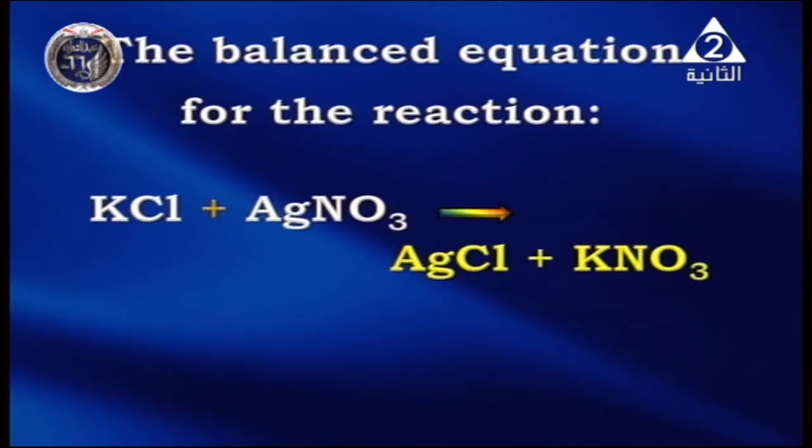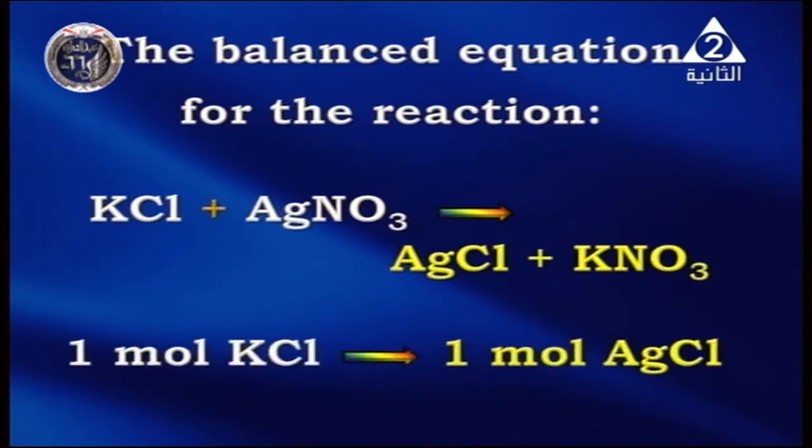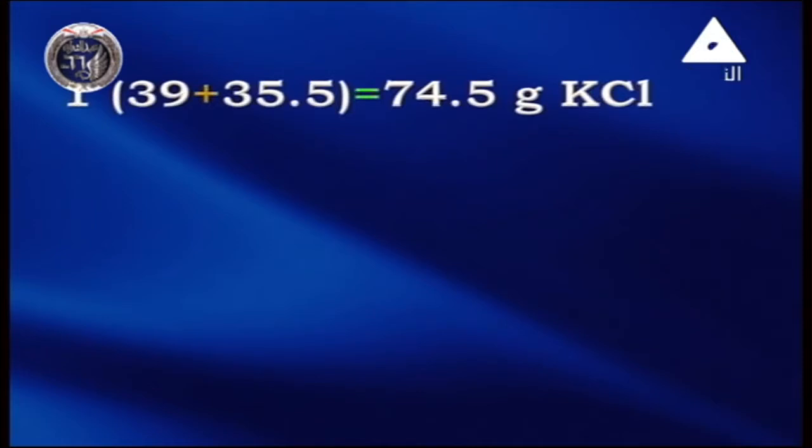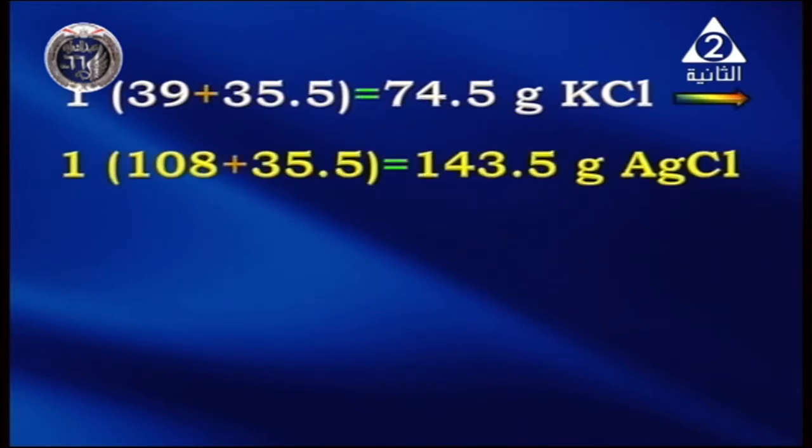KCl plus AgNO3 gives AgCl plus KNO3. So 1 mole of potassium chloride gives 1 mole of silver chloride. So 1 times 39 plus 35.5 equals 74.5 gram potassium chloride gives 1 times 108 plus 35.5 equals 143.5 gram